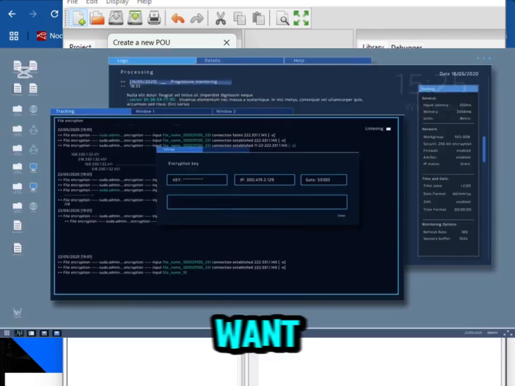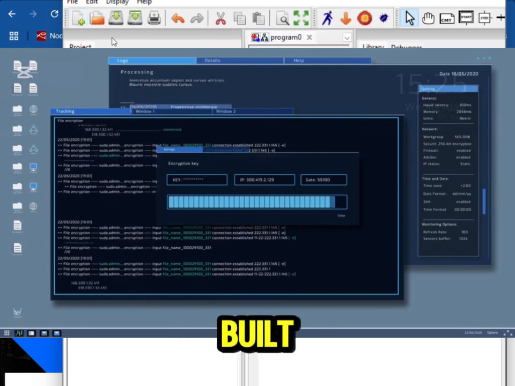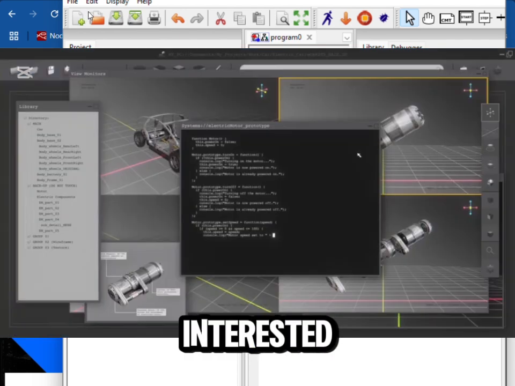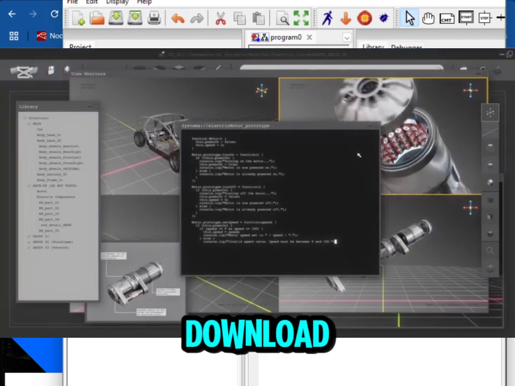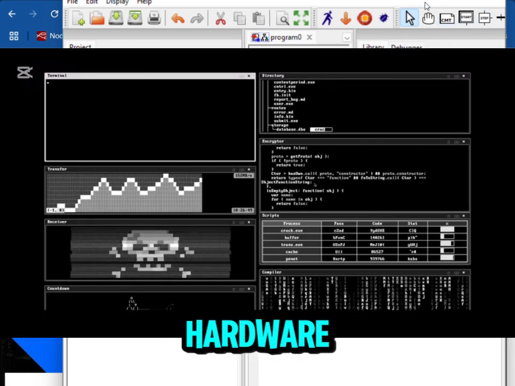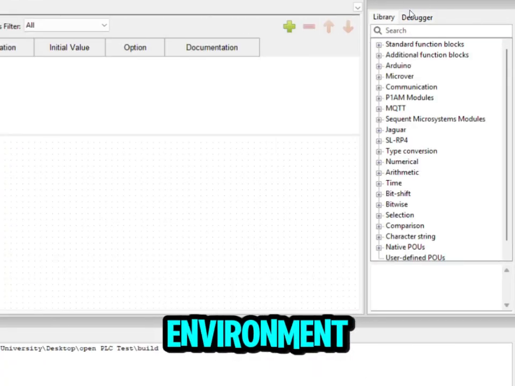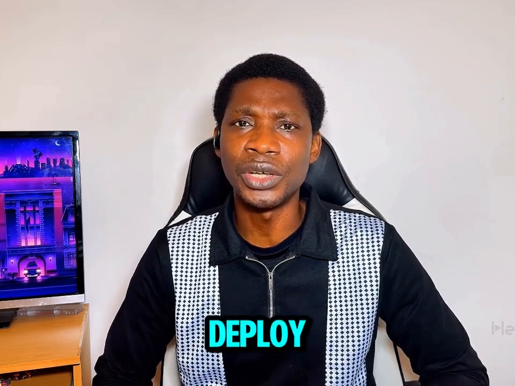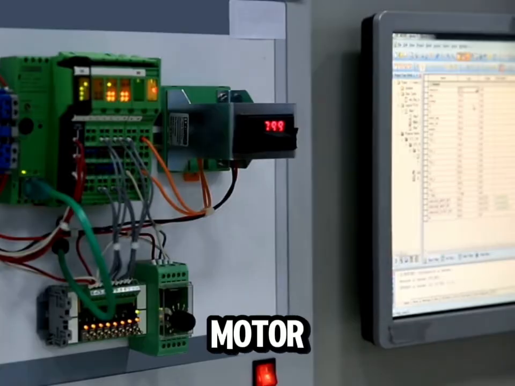Next, for those who want to simulate their projects without hardware, the editor includes a built-in simulator. If you're interested in testing your logic on real devices, you can also download the OpenPLC runtime and install it on supported hardware like a Raspberry Pi, Arduino, or even a soft PLC environment on your PC. This runtime allows you to deploy your control logic to physical I/O devices, enabling real-world interaction from motor control to